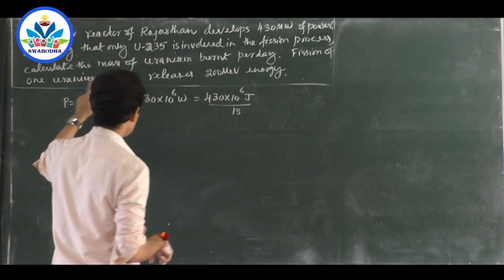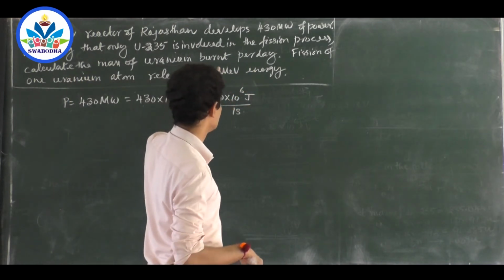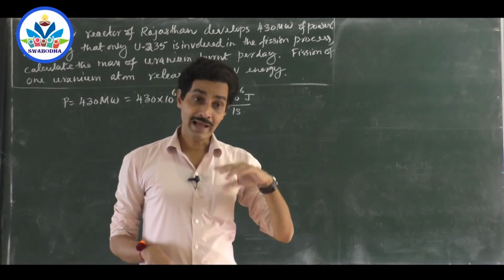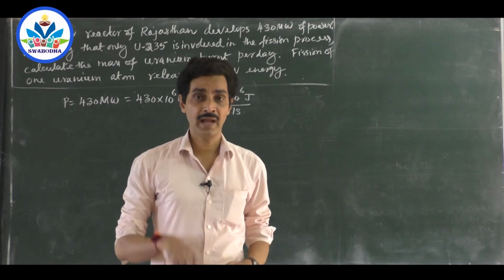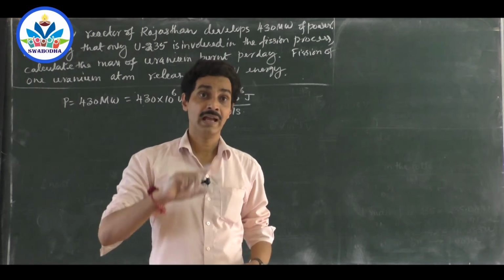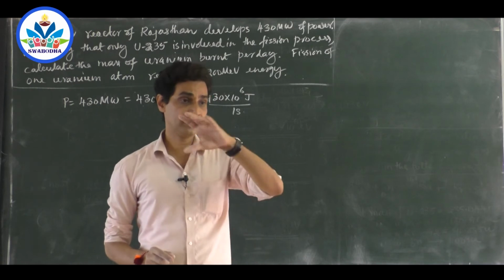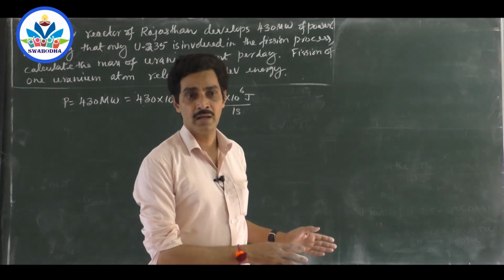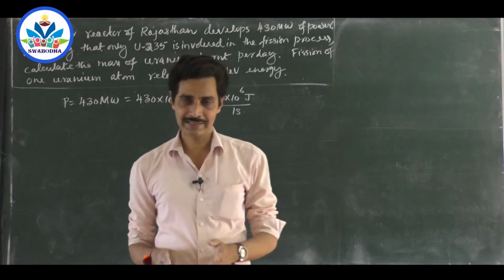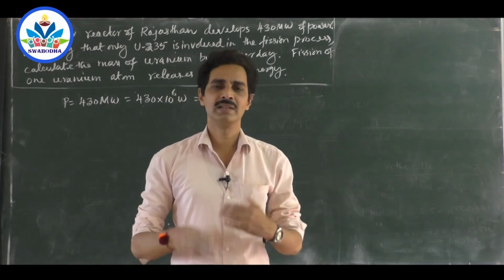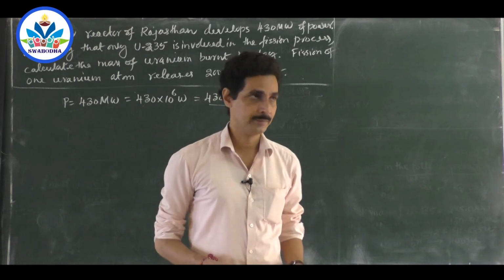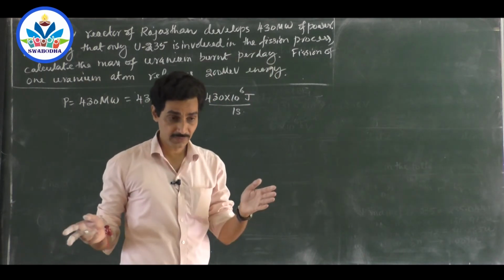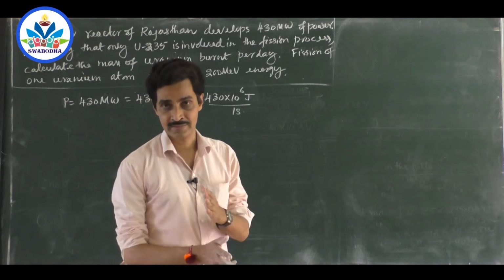Fission of one uranium atom releases 200 million electron volt of energy. So in the previous problem we had one challenge of finding out energy per fission also, because they had given all the reaction. We found the mass of products, mass of reactants, we got the difference and then converted it into energy. So that is what we did. But this time energy per fission is directly given. So much of work is minimized now.